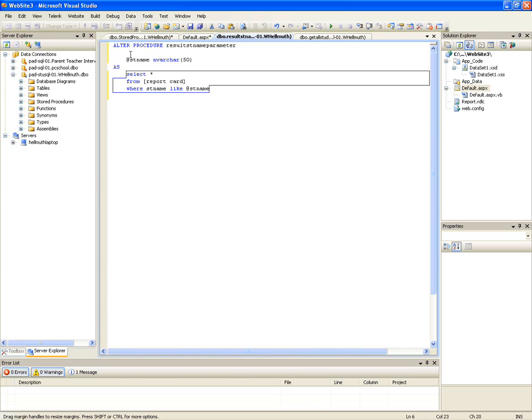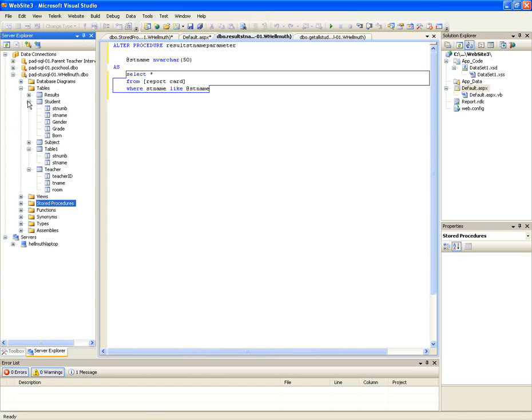The second thing we have to do, where the difference is between the simple procedure and a missing parameter stored procedure, is that I need to specify which is the parameter that I'm going to have missing. In this case, we want to search on the student name. That's the one we want to have as a missing parameter, or as the variable. So we use the @ symbol and type in the stName, and this stName comes from the